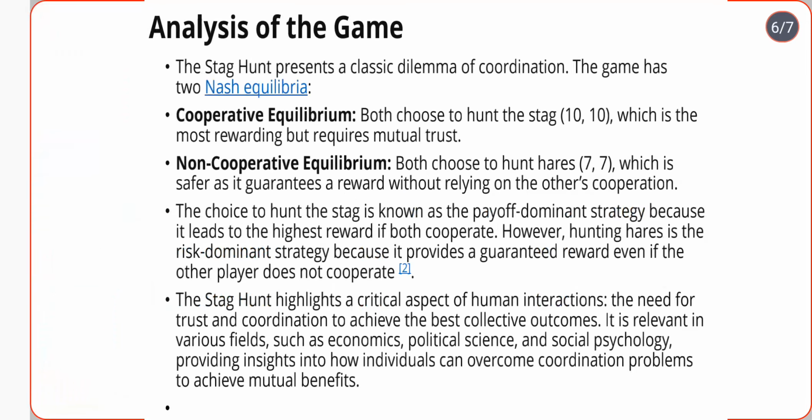If they don't cooperate with each other, it doesn't matter, they can kill a hare completely alone and get the payoff. The choice to hunt the stag is known as the payoff dominant strategy because it leads to the highest reward if both cooperate. However, hunting hares is the risk dominant strategy because it provides a guaranteed reward even if the other player does